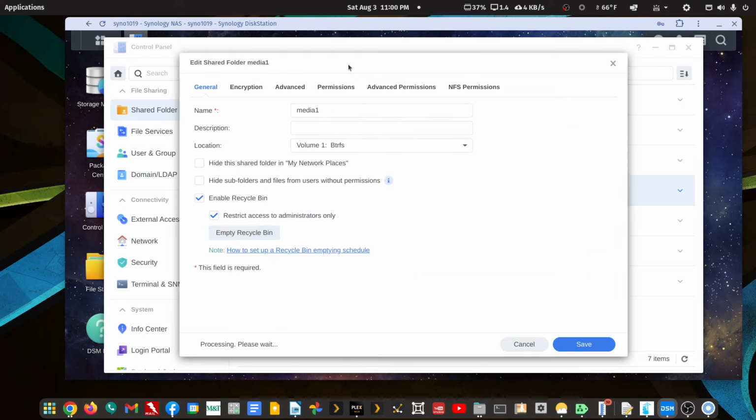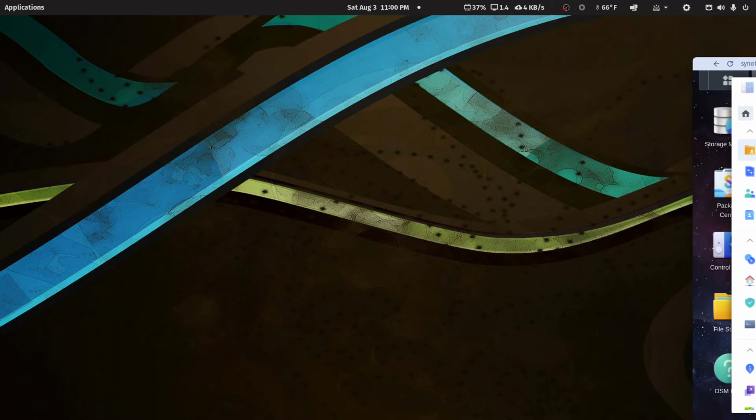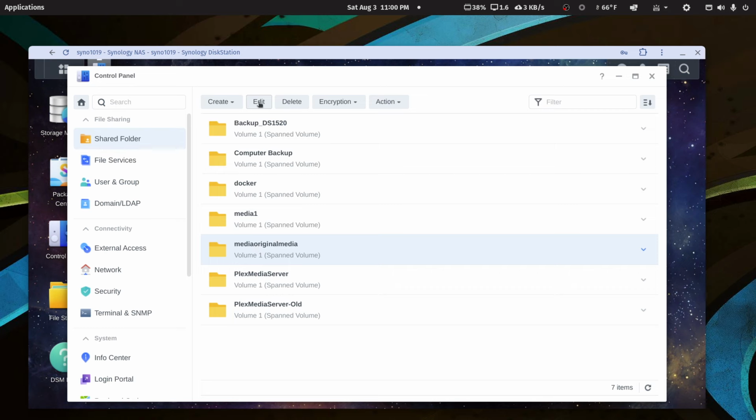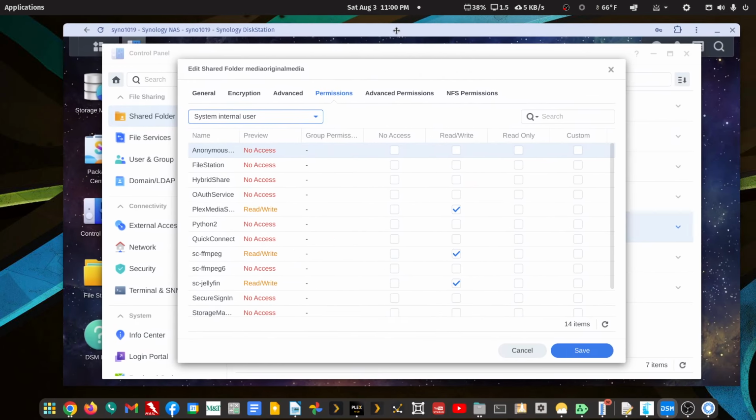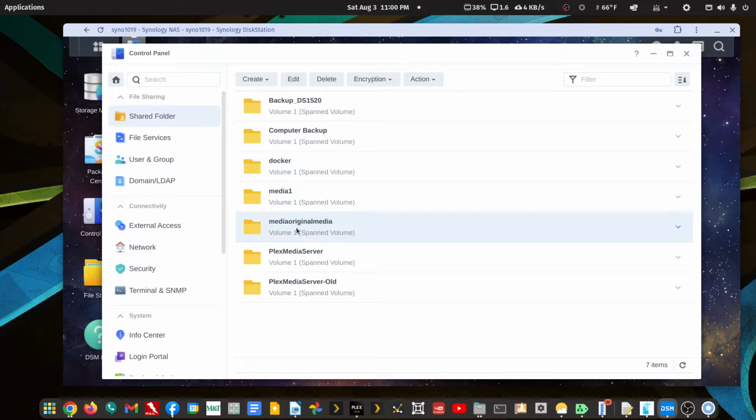Shared folder. We should have both these folders as shared folders. So let me hit edit and take this off screen, hit permissions, change to system internal user, bring it back on screen so the permission's still there, and I'll check this to edit, take it off screen, permissions, change to system internal user, and I've got access. So I should be able to add media from either of these shared media folders to this new fresh install